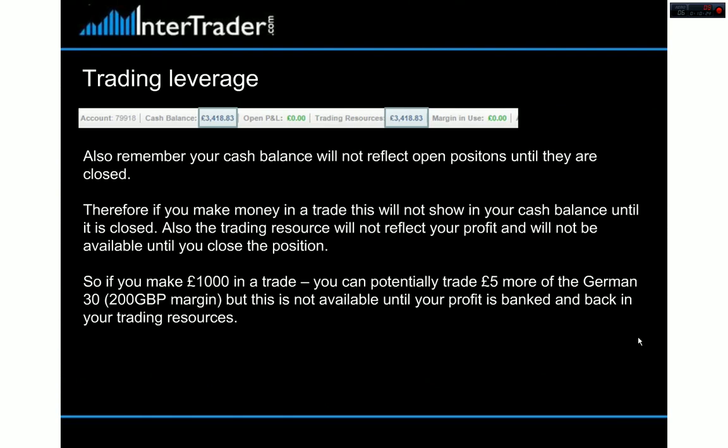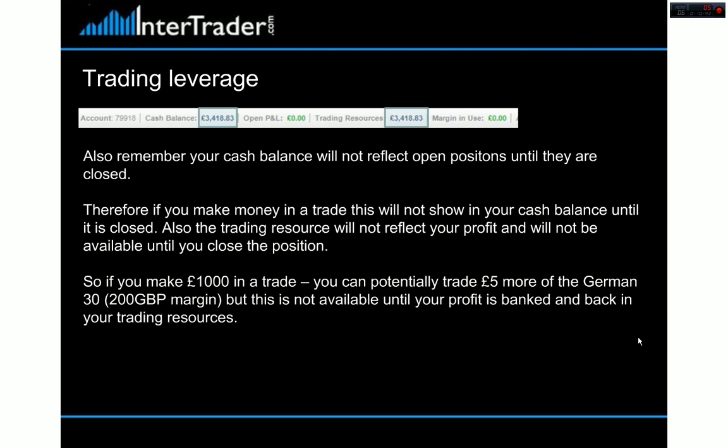until they are closed. Therefore, if you make money in a trade, it will not show in your cash balance until it's closed and in your account, until it's out of the market. So also the trading resource will not reflect your profit and will not be available until you close your position. So it doesn't matter if you're onside, offside, whatever, until that position is closed, it's not counted